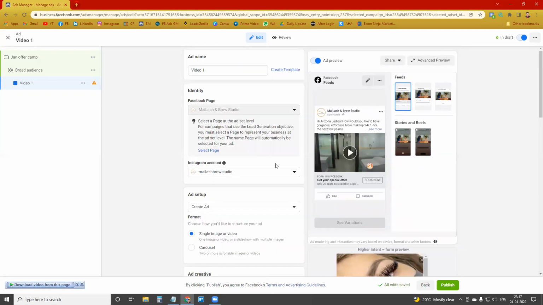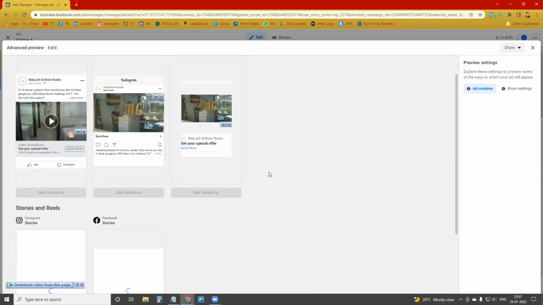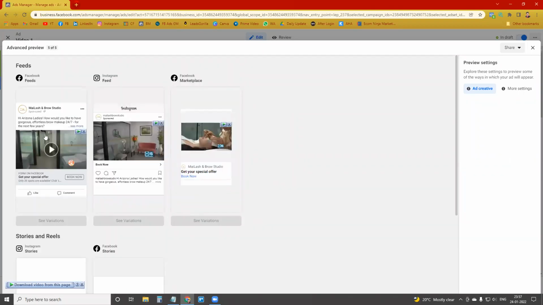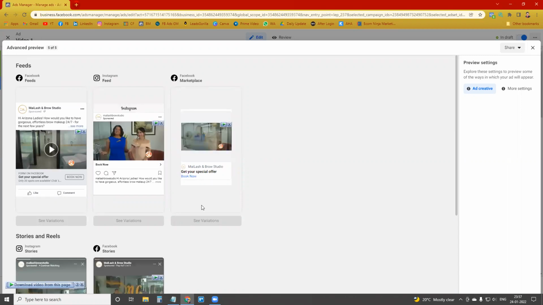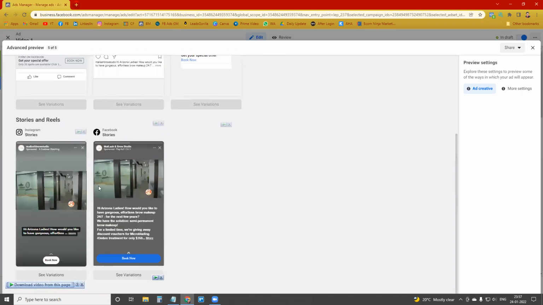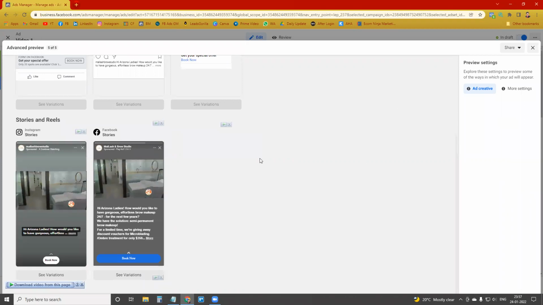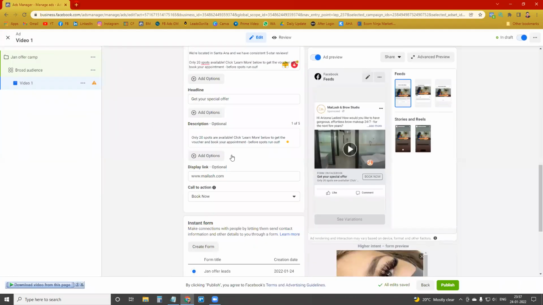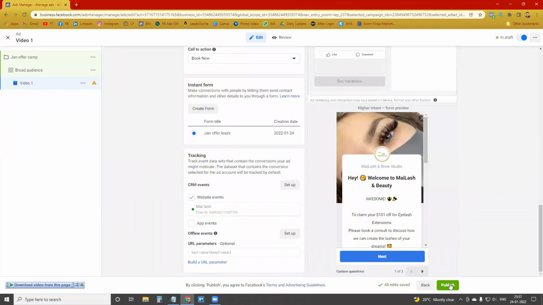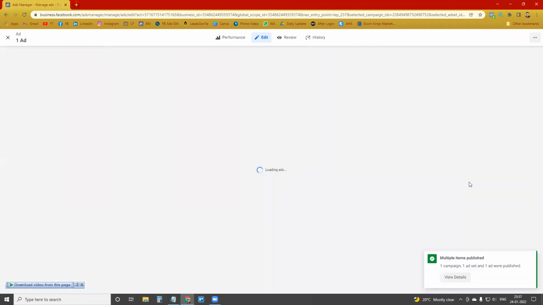So let me show you the advanced preview. So this is our ad, and how it looks on all these platforms. This is Facebook, this is Instagram, this is marketplace, and then Instagram stories and Facebook stories. Good. So now we can click on the publish button, and our ad will be published.